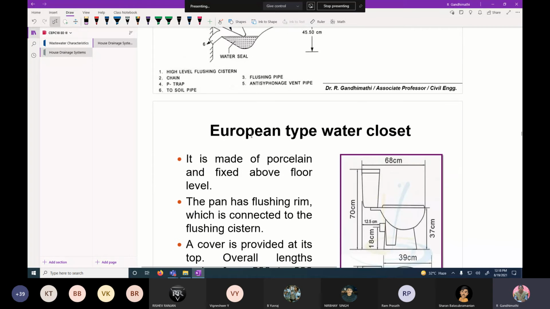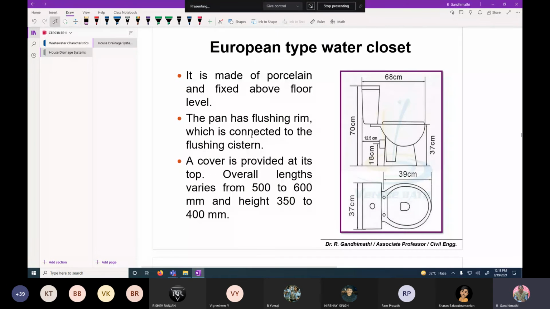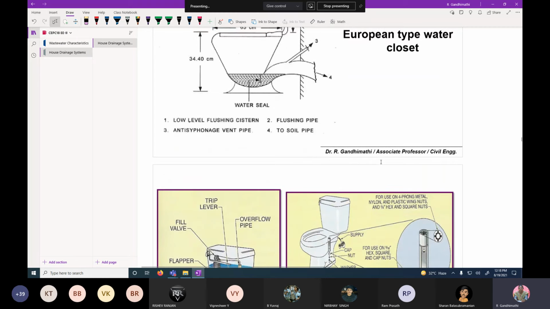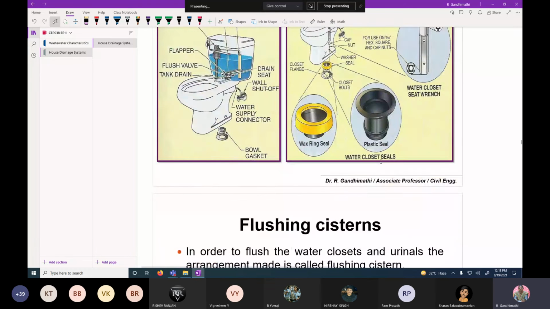Then for the European type water closet, the total length varies from 500 to 600 mm, and the height varies from 350 to 400 mm. Then it is provided with a flushing system. You can go through this.